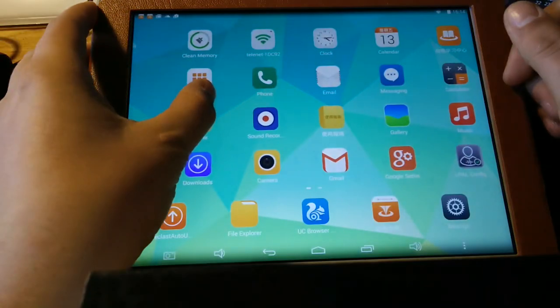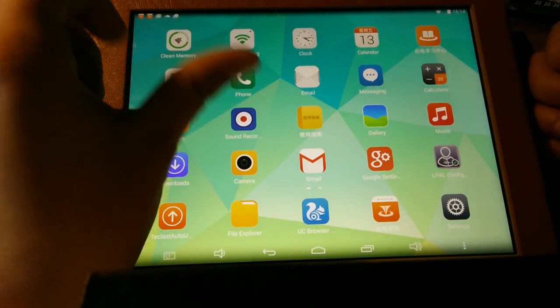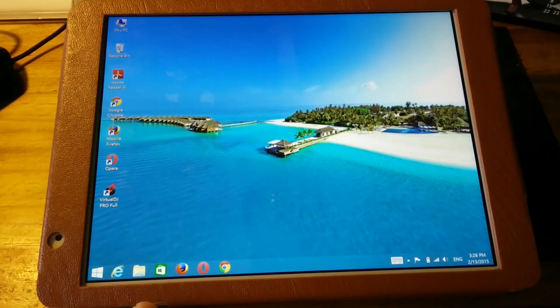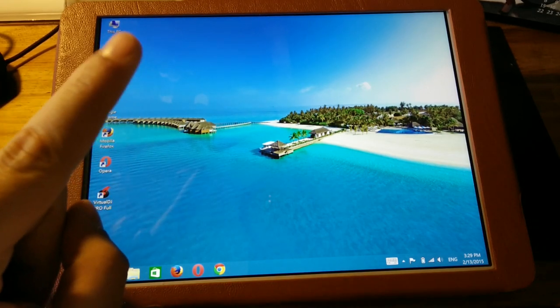That's pretty much it on the Android side of the device. Let's just look at some of the features and niggles on the Windows side of this device. Now let's look at some of the stuff I like, some of the stuff I don't like. One thing that I was really positively surprised with is that this tablet comes with 1 year of free Microsoft